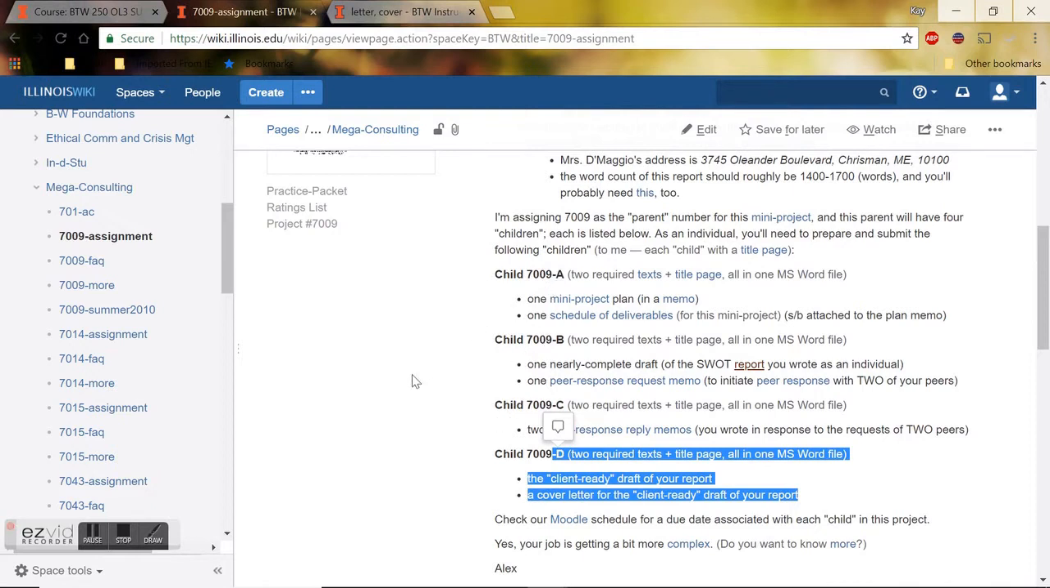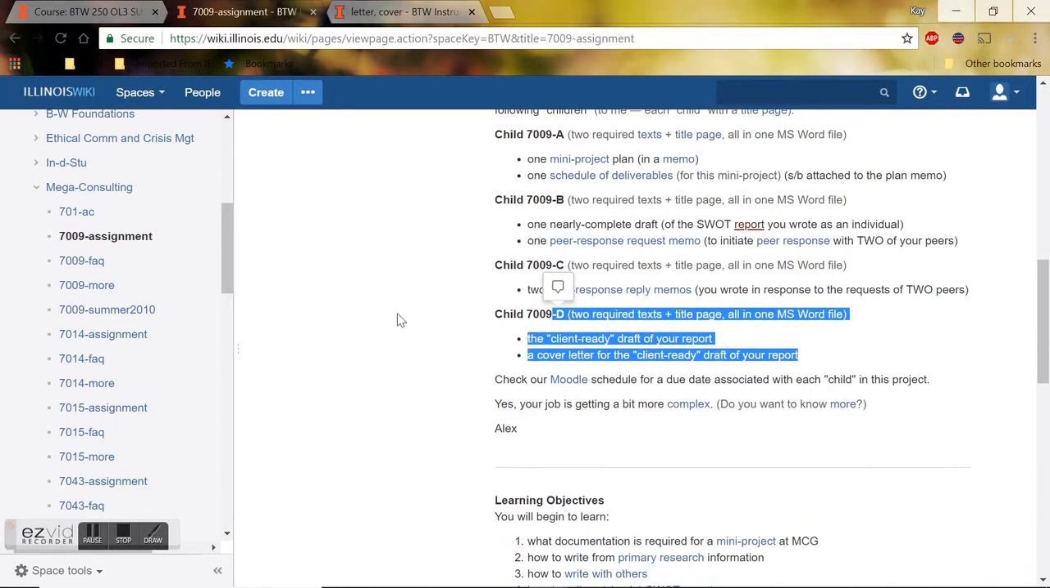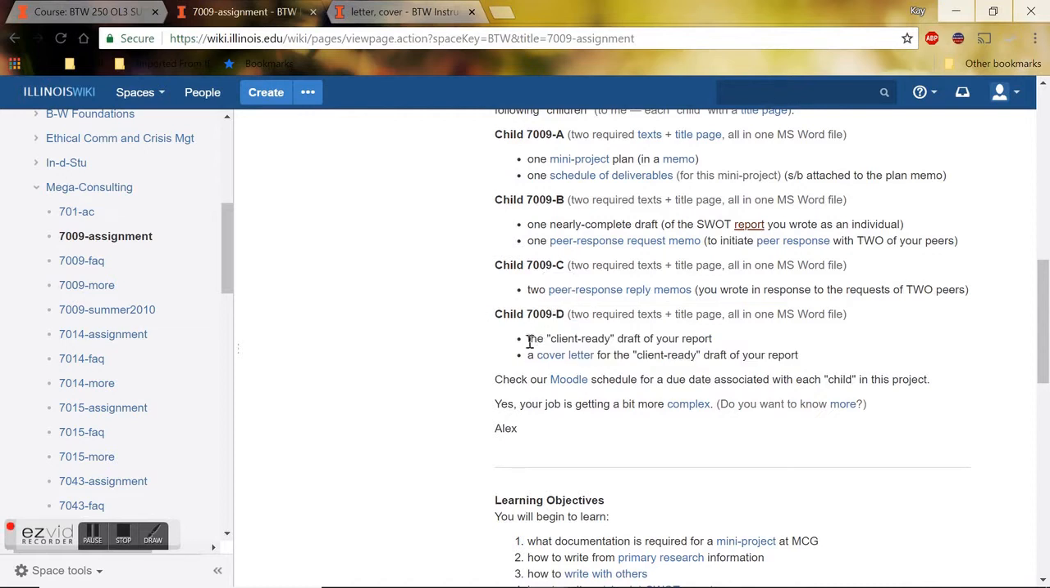Okay, so at this point in your work, you should have received peer advice on revising your SWOT report from 2 classmates, and you are ready to revise your SWOT report. So at this point, for assignment 7009 Part D, you should revise your SWOT report, make it as visually appealing as possible, make it complete, make the overall structure clear,